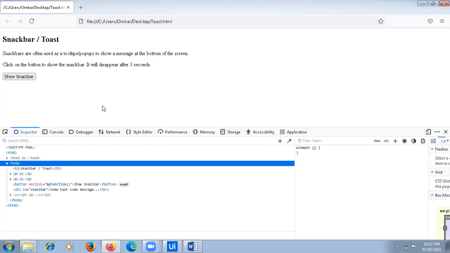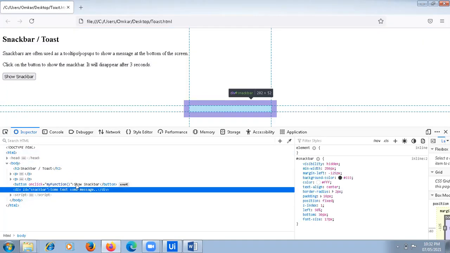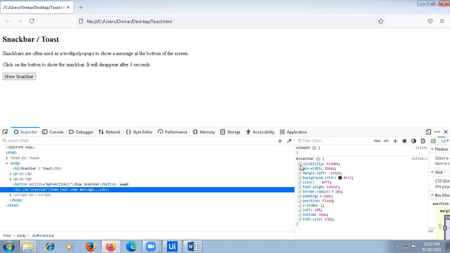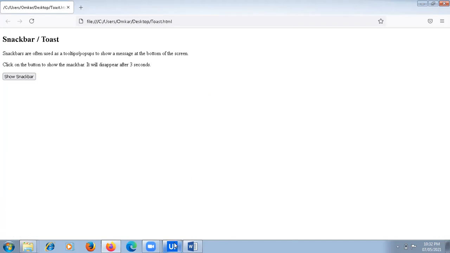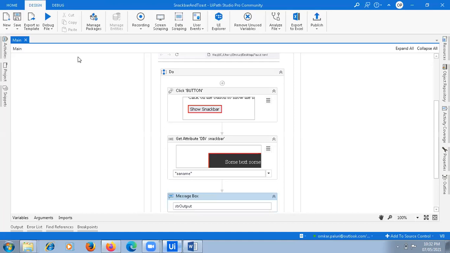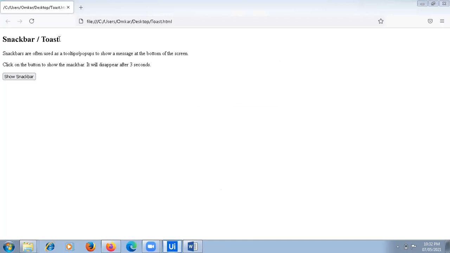If you look here, this property is checked only. Now I'm running. Let's see, run the file. It is executing.